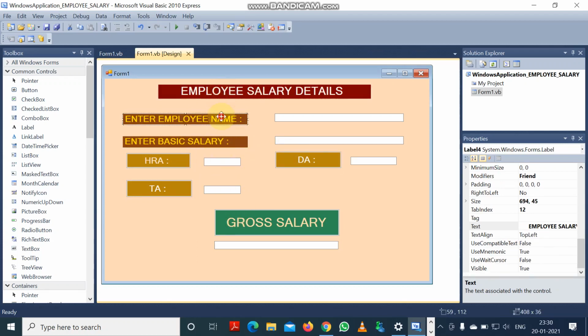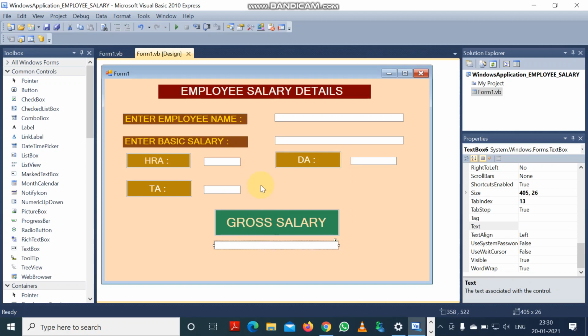Sorry, 1, 2, 3. Three label boxes I have used. And for performing the mathematical operation, I have used 4 buttons. And for input output operation, that means input data and output data, I have used 6 text boxes.